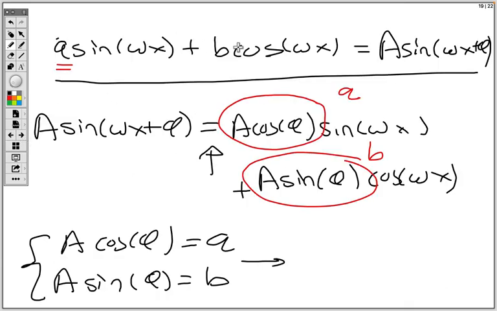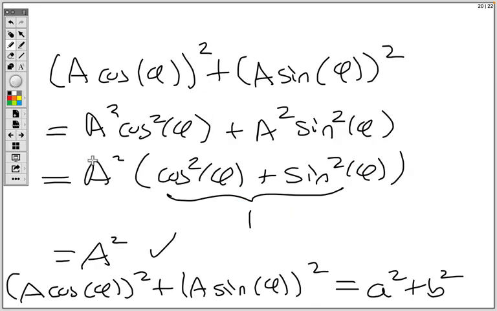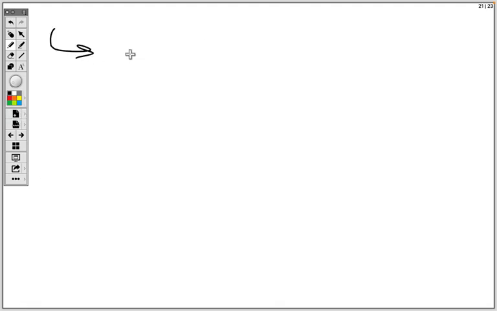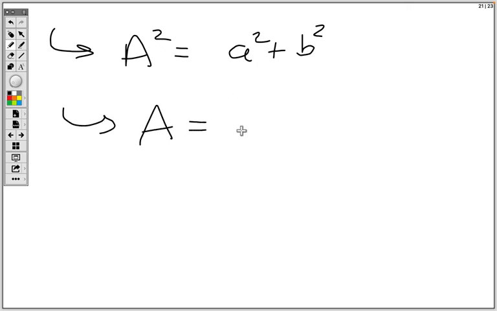So the net amplitude here, when you add this sine wave with amplitude little a and this cosine wave with amplitude little b, the net amplitude is going to be the square root of a squared plus b squared. So this gives us capital A squared equals a squared plus b squared. And if we assume, just keep a positive amplitude,